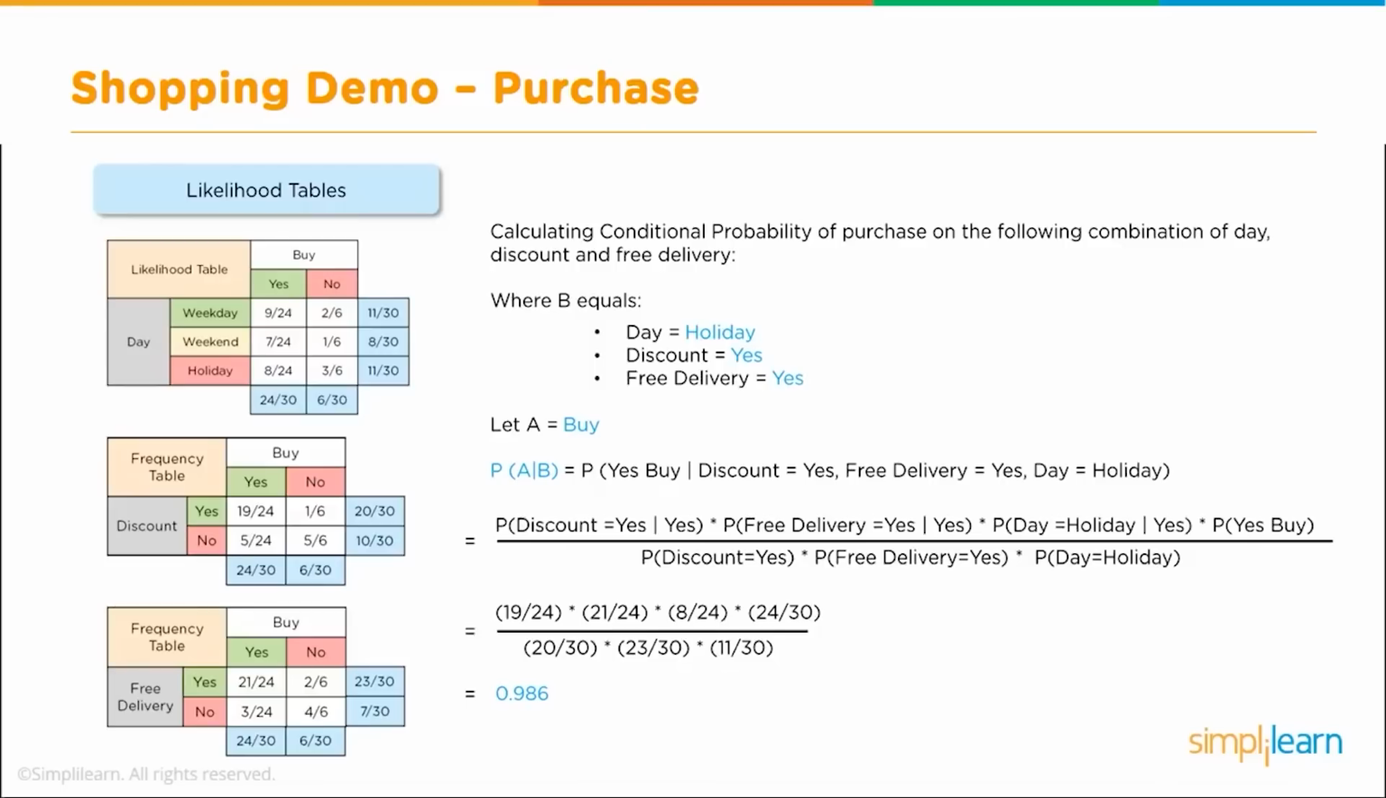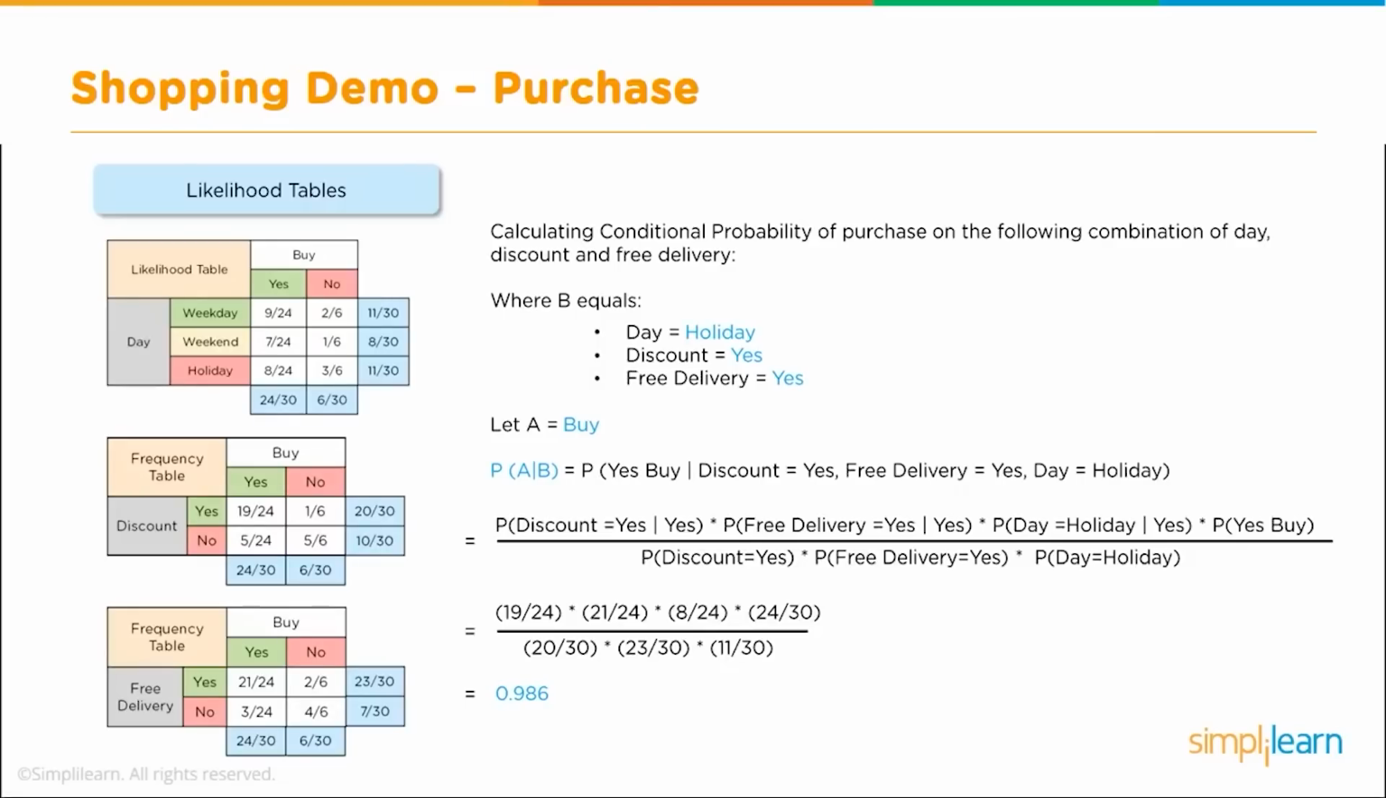Let's go ahead and walk through this calculation. As you can see here, the probability of A on the condition of B, B being all three categories: did we have a discount with a purchase? Did we have a free delivery with a purchase? And is the day equal to holiday? When we plug this all into that formula and multiply it all out, we get our probability of a discount, probability of a free delivery, probability of the day being a holiday, times the overall probability of it being a purchase, divided by, again multiplying the three variables out,